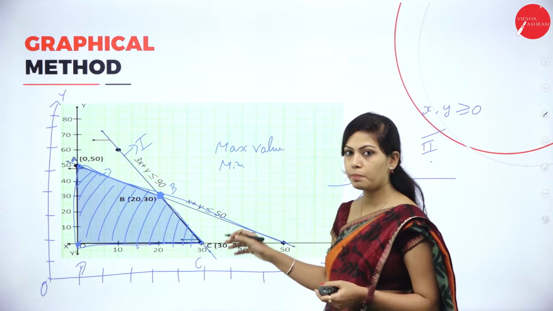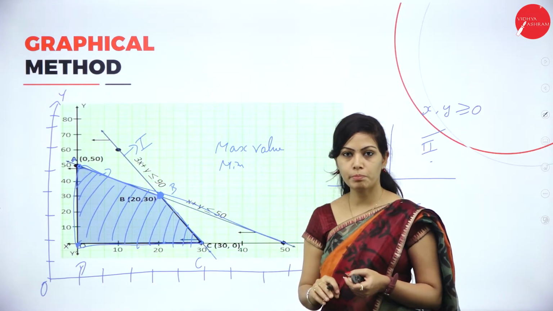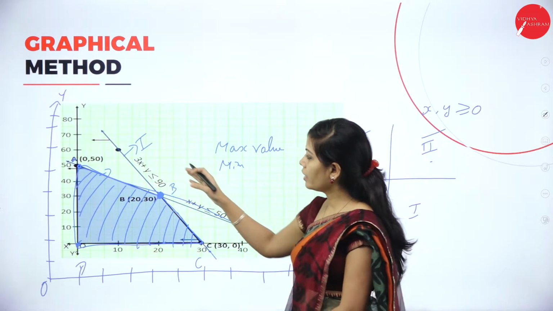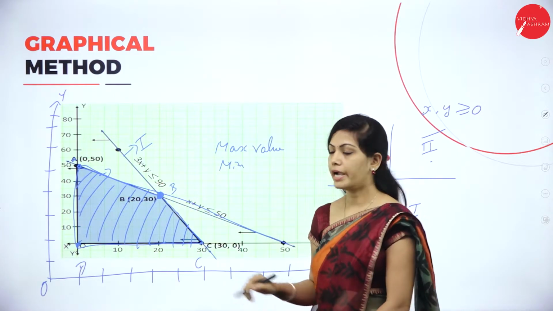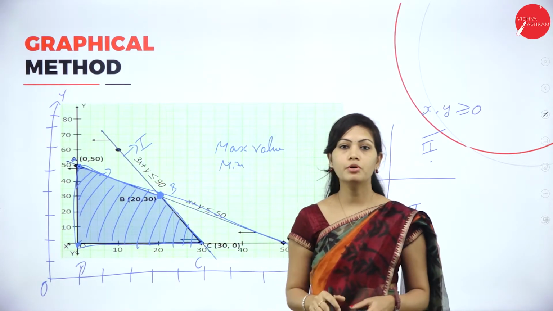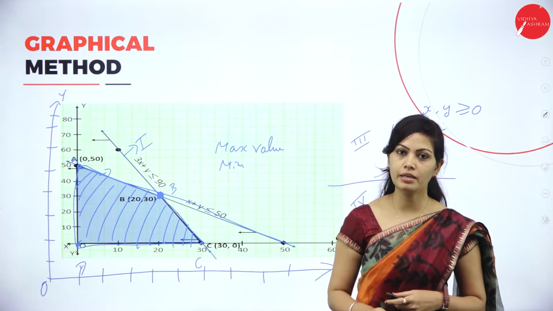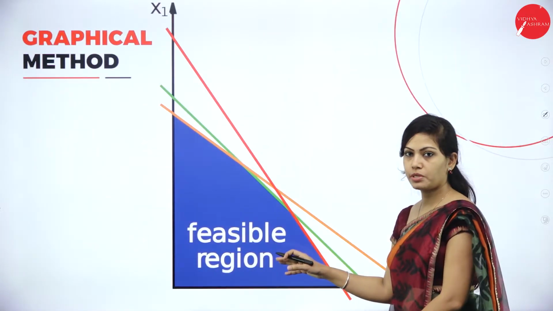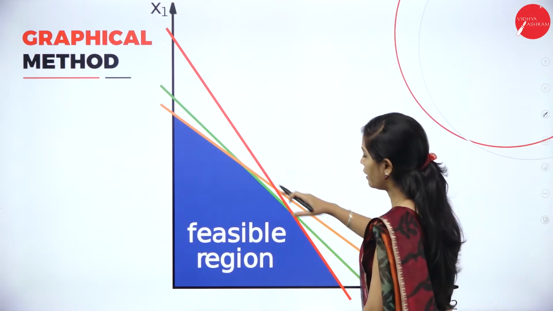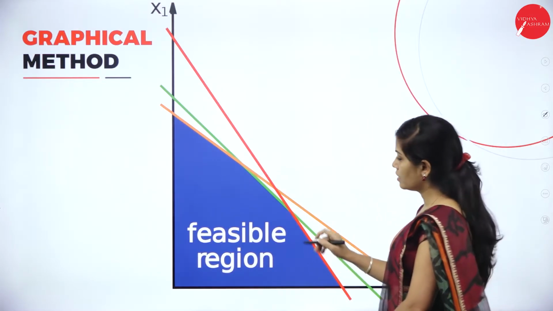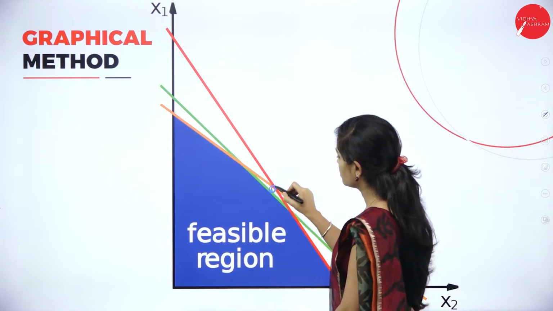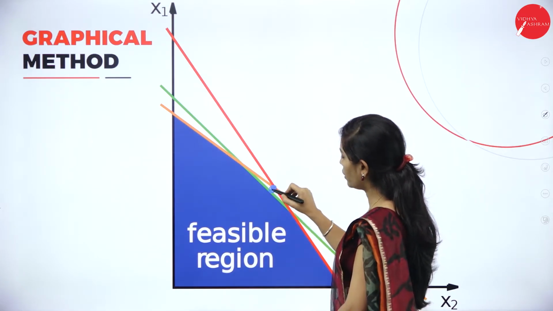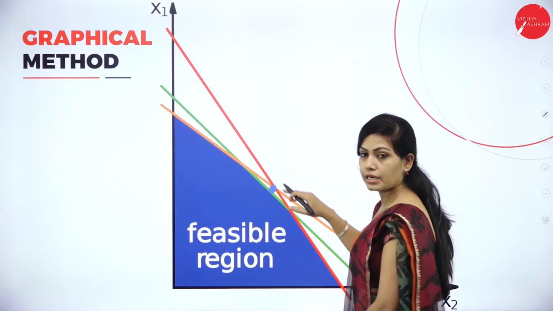Using the corner points we can find the optimum point, and we can draw the constraint lines and find the maximum value using this graphical method. Now I will show you the feasible region. Here I have 3 constraint lines. The common region is the common point connecting the 3 constraint lines.